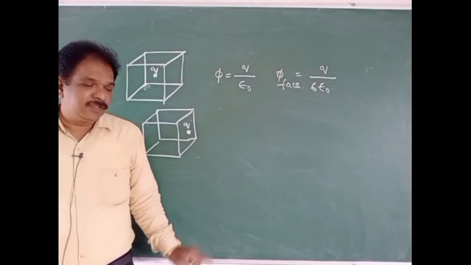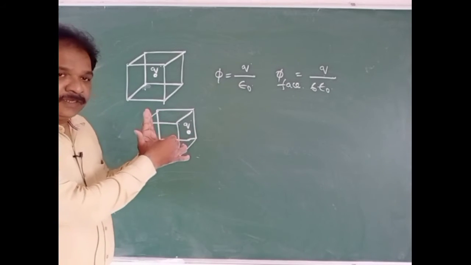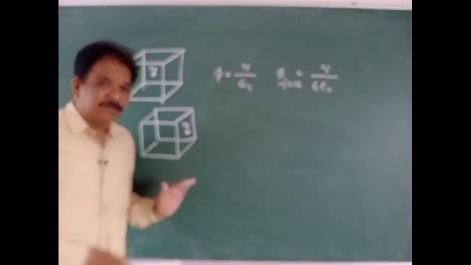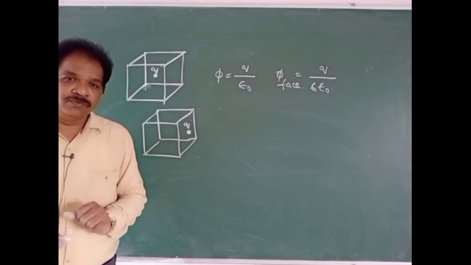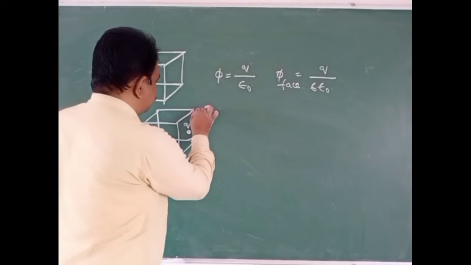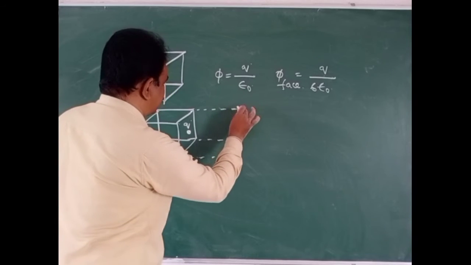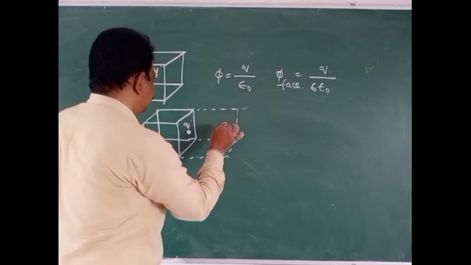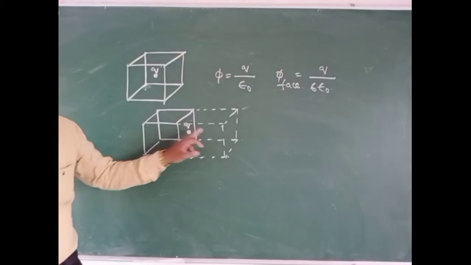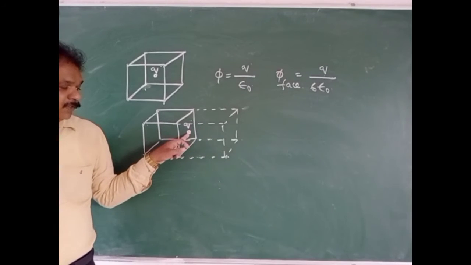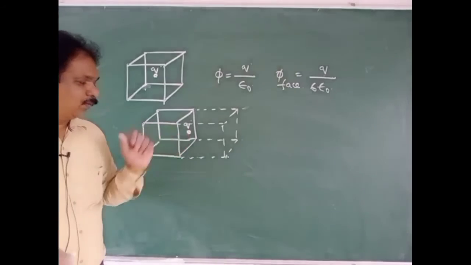So here this is not a closed surface. If the cube is like this and the charge is placed here, this side is empty, right? To make this charge kept inside a closed surface, I have to imagine one more cube here. So one more cube is there. Like that we have to imagine. Then one more cube we have to place here. Then the charge will come into a closed surface.